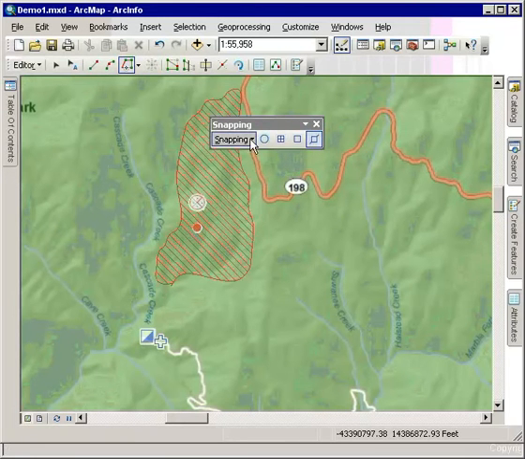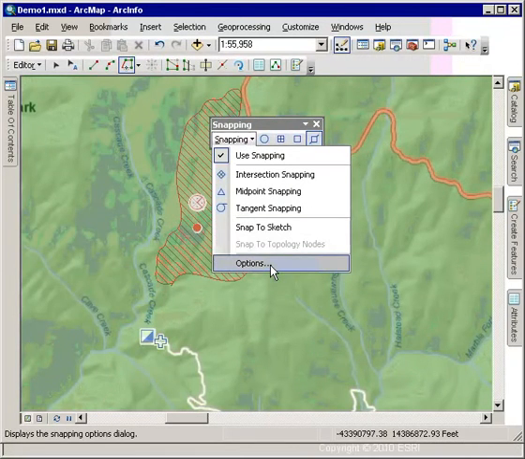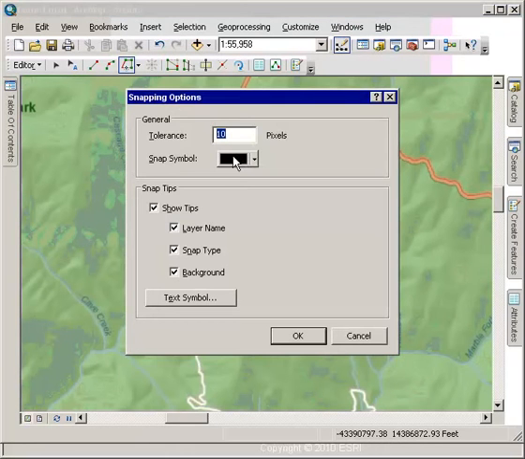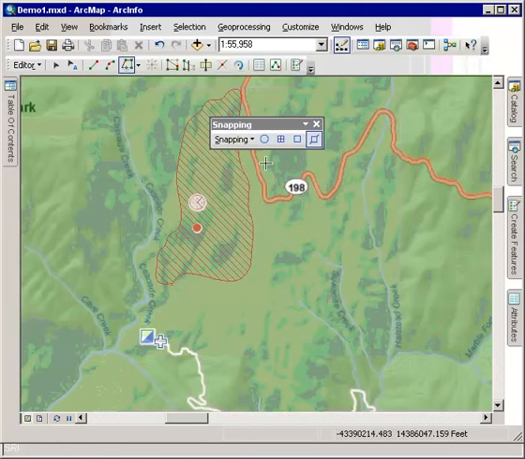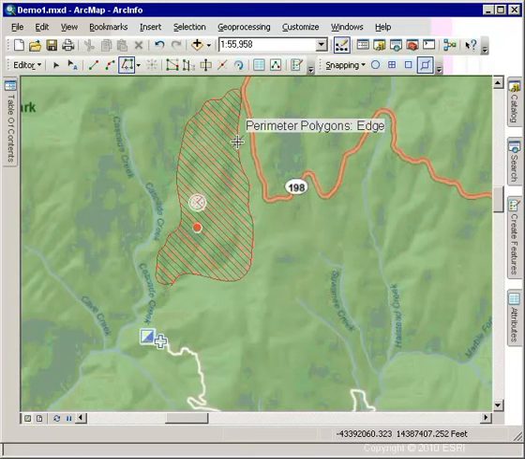Also, I will modify the snapping tolerance. To get to the tolerance, I go to the snapping menu, to the options, and you see here we can type in a different snapping tolerance. At the bottom of the dialog, you see we also have different options for displaying the snap tips. So let's click OK, hide the snapping toolbar again,